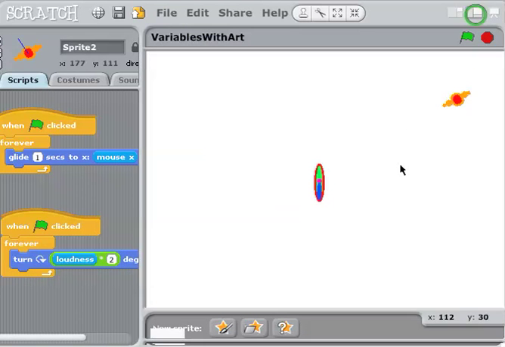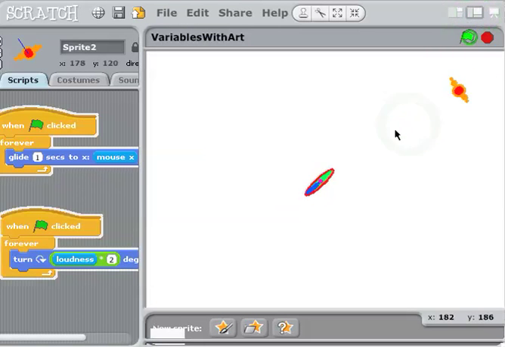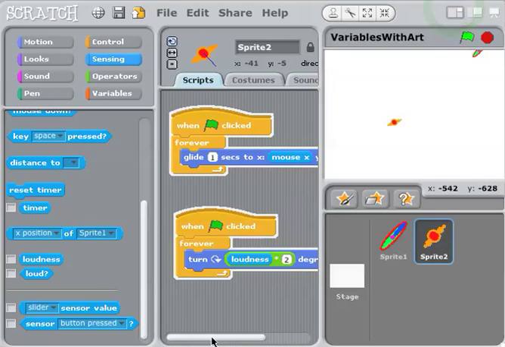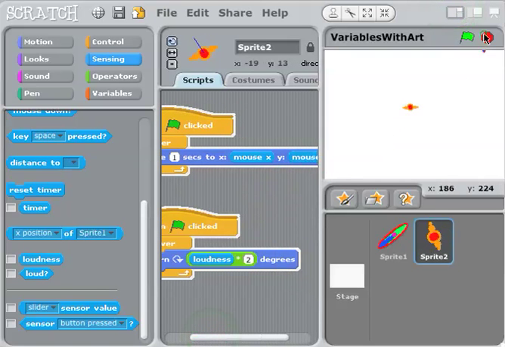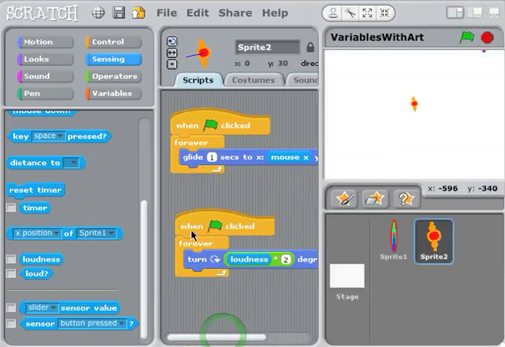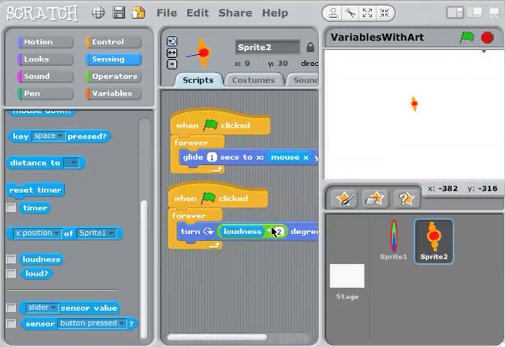He's not going yet. Oh. So you see that? That's kind of neat, isn't it? So as I speak, he's going to spin. So what it's doing is this loudness plugged in here gave us that. Notice how this one's always facing my pointer. It's kind of neat too. So remember, with the modularity of Scratch and these blocks, that's kind of how we'll create some of our own little functions. These things just snap right in,